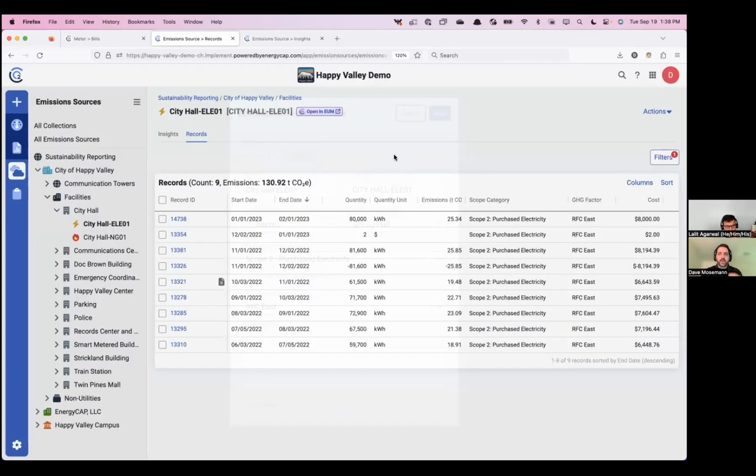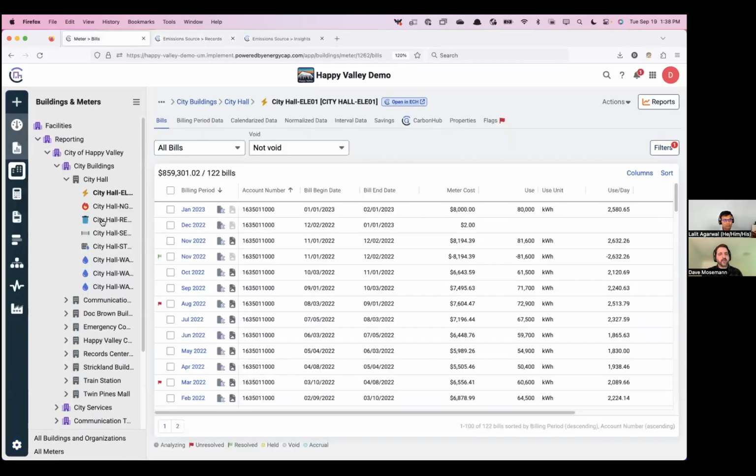Okay, and then what I want to do now is talk about, we're gonna talk about manual entry a little bit later. I want to focus on, okay, so I have my electric and my natural gas utility bills already set up previously, and that's all calculating emissions data. That's great. But what about if there's something new that I have utility bills on in energy and utility management, how do I start tracking that? So let's go back to